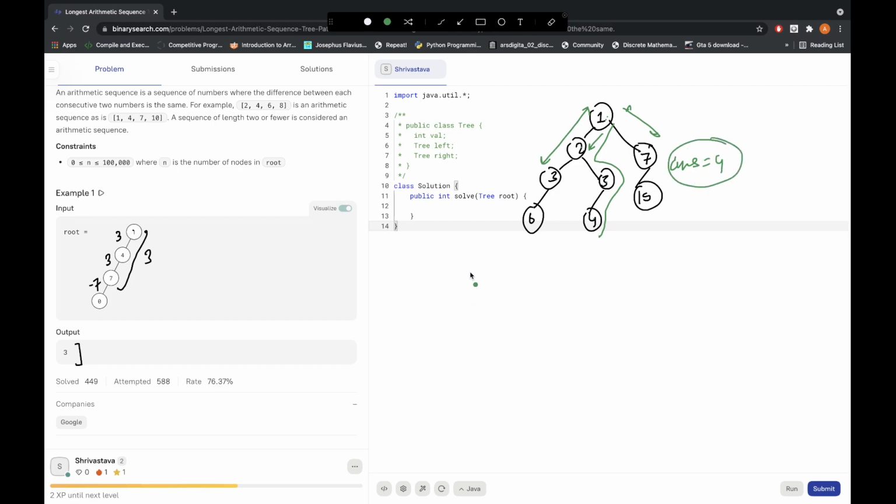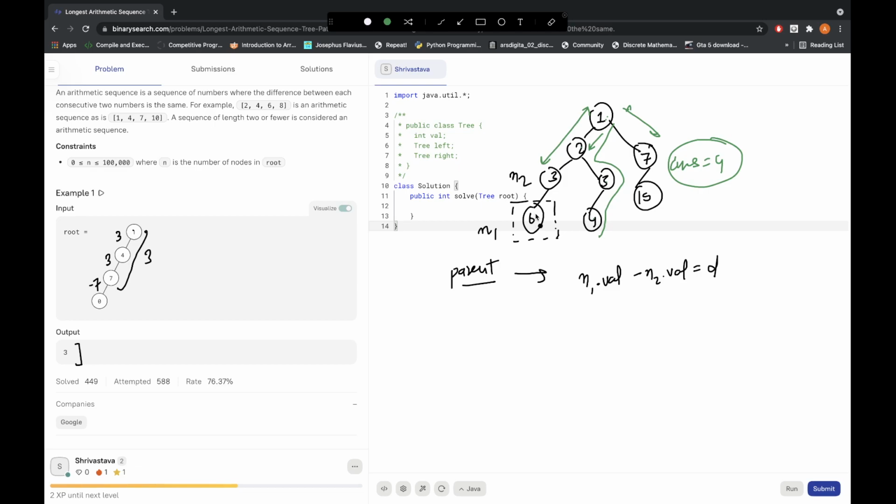So how are we going to solve this problem? What should be our approach? If you think about it, for every node we need to have its parent as well. Whenever we visit any node, if we know the parent, then we can simply deduce the difference between that value and the value of its parent. For example, if we are at this node 6, and we know its parent is 3, let's say this node is n1 and this node is n2, so we can simply say that n1.val minus n2.val will be equal to d, or whatever the difference is.